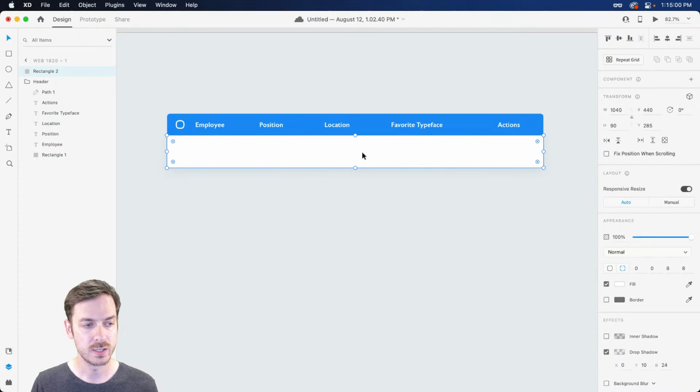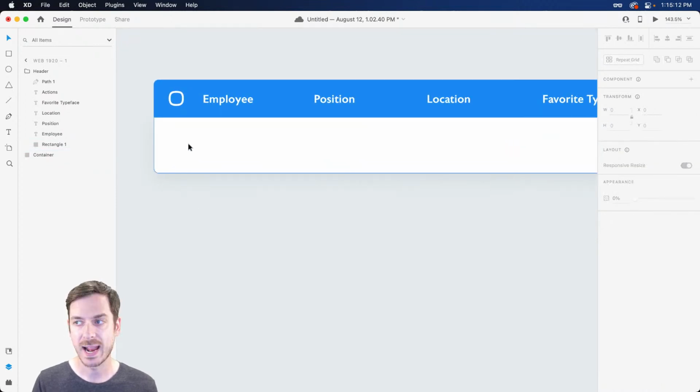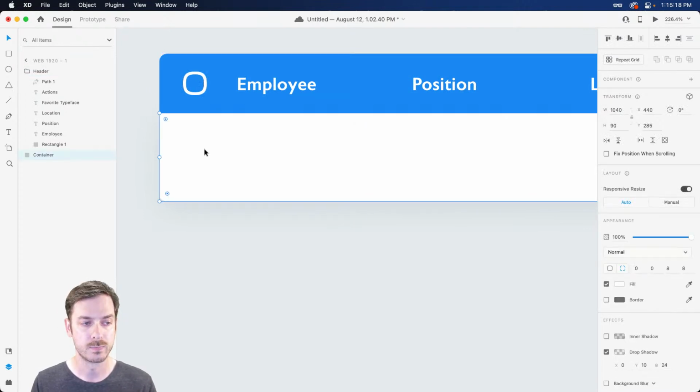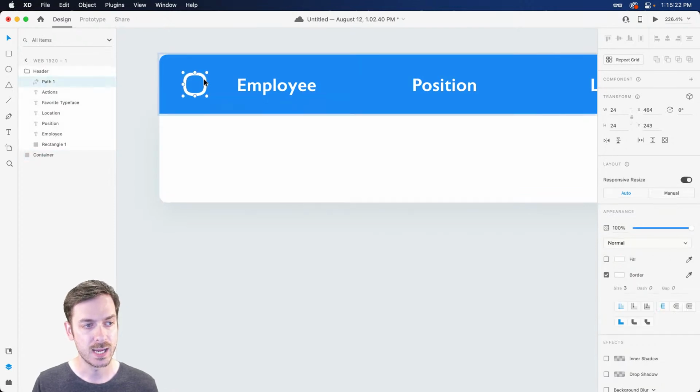All right, what we're going to do now is we're going to start creating our first row. I'm going to make sure to name this container. Put this down there. I can also name it background or all sorts of different things. And we're going to start adding some content. Now, the first thing, underneath the checkbox at the top, we're going to want a checkbox or a radio button down here. So I can actually dive in here, copy this layer, which I'm going to name check, and